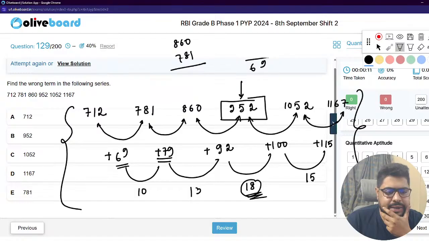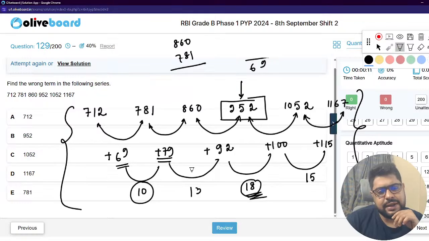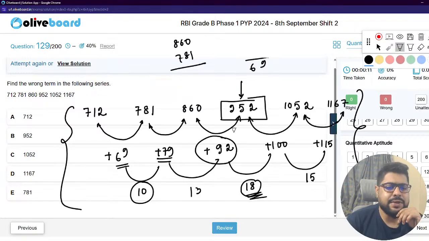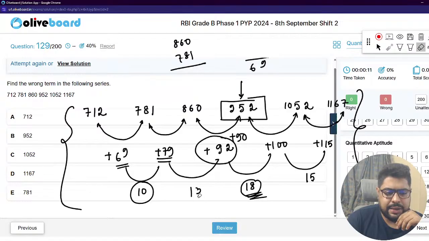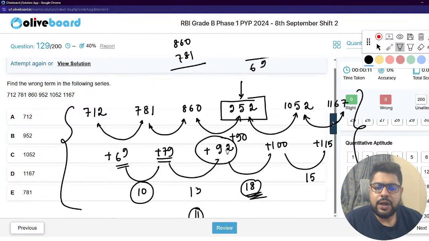69 plus 70, like 10 is 79. I'm just assuming this is correct. 79, if it was not 92, or rather, if it was 90 only. Why? Because 10, then I'm trying to figure out this as 11. I'm just trying to say, कि चलो देखते, if this is 11, let's say for example. Now 11, this is 90, that means this will become,